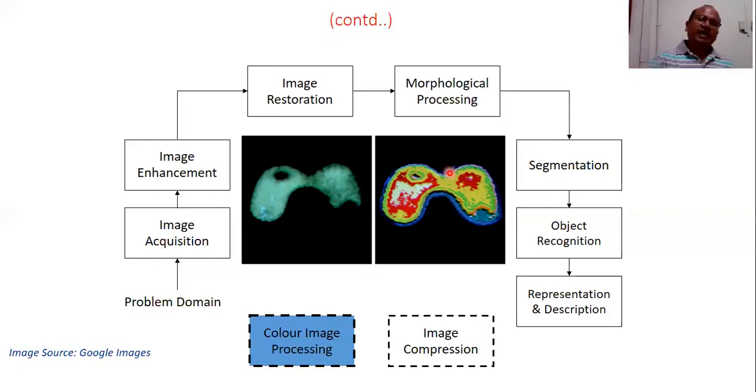So if we can see the entire diagram, it includes all major components of digital image processing. It begins with image acquisition, where we acquire the image. It goes to enhancement, where we pre-process, reduce the effect of noise, denoise the image, and then image restoration is also used to help model noise and improve the quality of the image. Then morphological processing is used to produce dilation and thinning effects for various applications like forensic science.